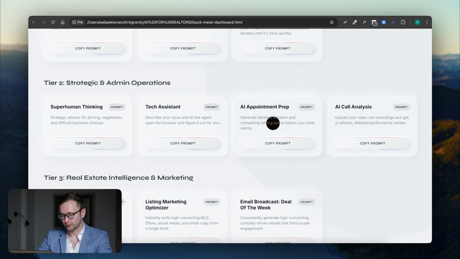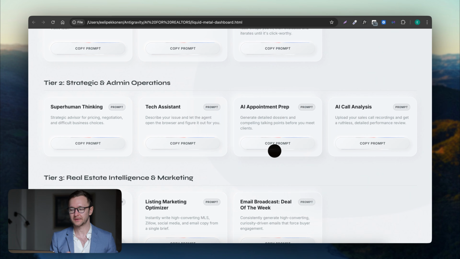For the AI appointment preparation, I'm not going to do that for really privacy reasons. What I mean by that is that this would be something you would do before your listing appointment, right? And so before your listing appointment, you're going to know the name of the person, their addresses, and some information like that. And what you can do with that prompt is you can plug it into the Antigravity,